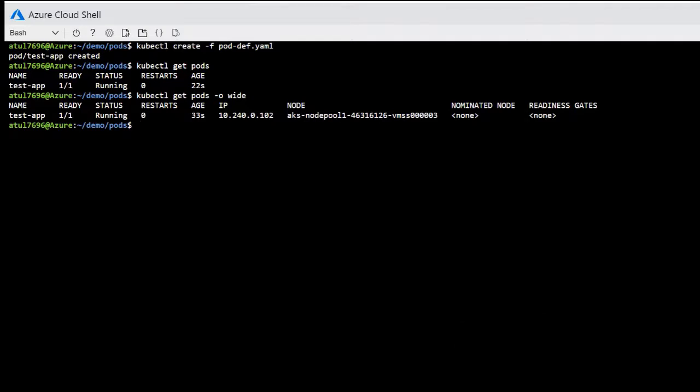Now what we will talk about is replica sets. Why do we need a replica set? Suppose a user is using this particular application, which is a web app, and using an Nginx image, and this particular app crashes, then the user will lose access to the application. So in order to have high availability and to use the applications, there should be a mechanism set so that the pod recreates when